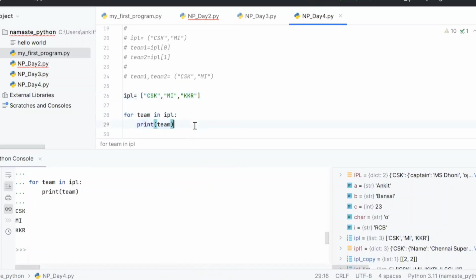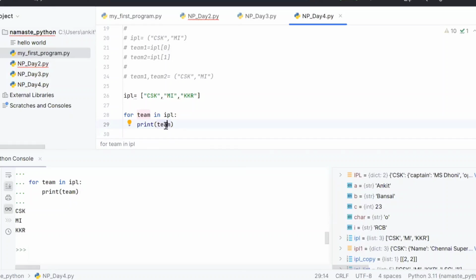Now what I want is, I'm writing a program, and my requirement is, the moment I see the MI, I don't want to run the loop further. For this list, I'm doing some work in my for loop, but I want to work till I find the MI, and after that, I don't want to do anything.